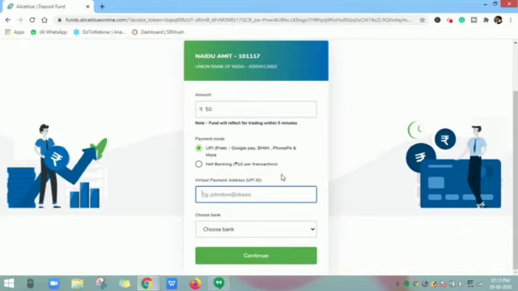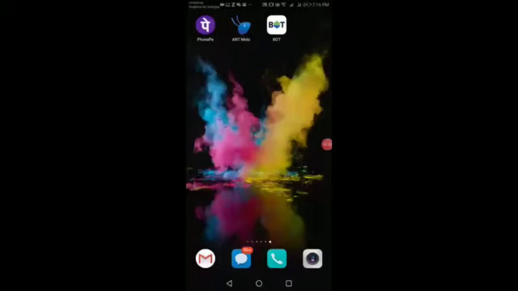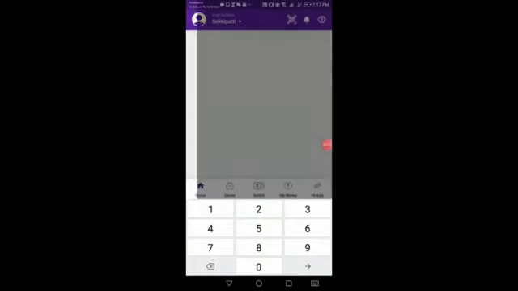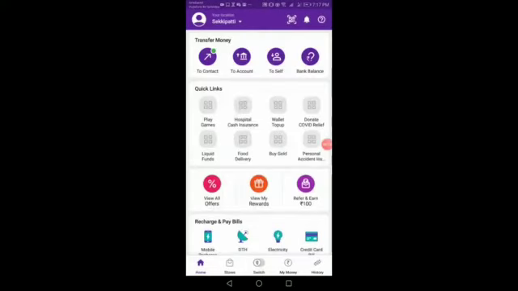So let's see in the mobile how to take UPI ID from PhonePe. To get your UPI ID from your PhonePe mobile app, you have to open your PhonePe mobile app. So just click on the PhonePe and enter your password and open your app.